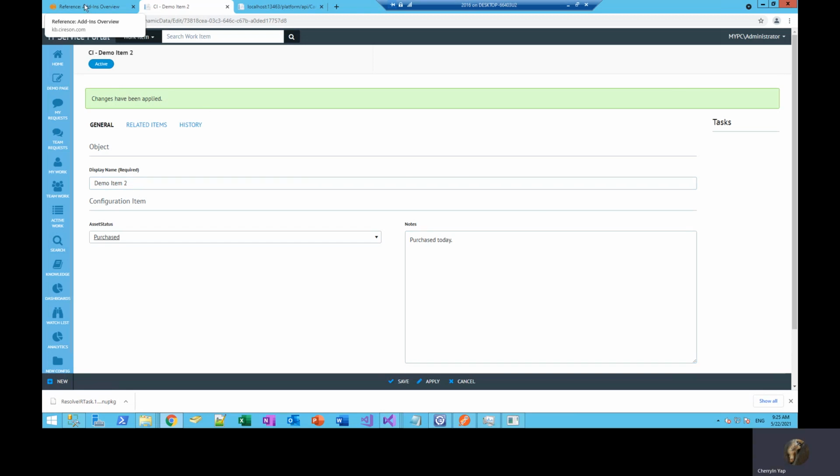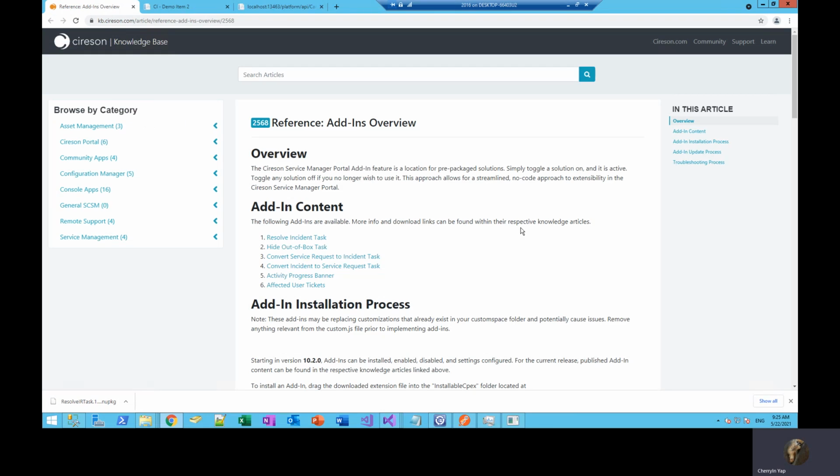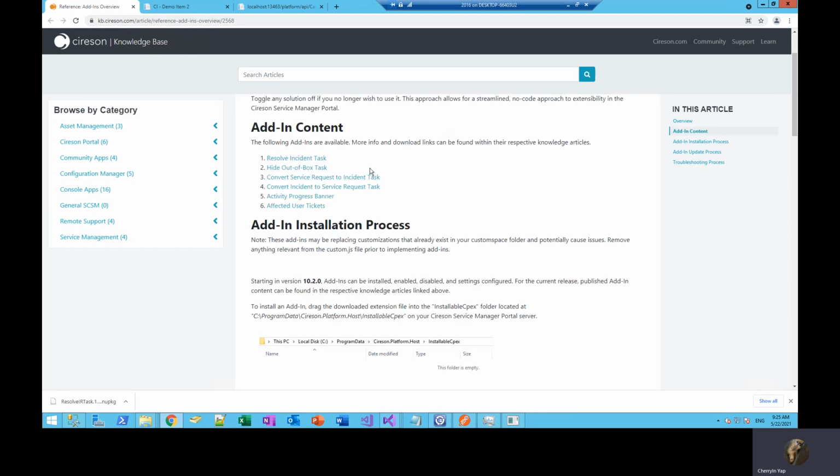So the next thing are add-ins. The knowledge article for the add-ins is on this URL: kb.cireson.com/article/reference add-ins overview. Then right at the add-in content section, these are the available add-ins that we have as of the moment.